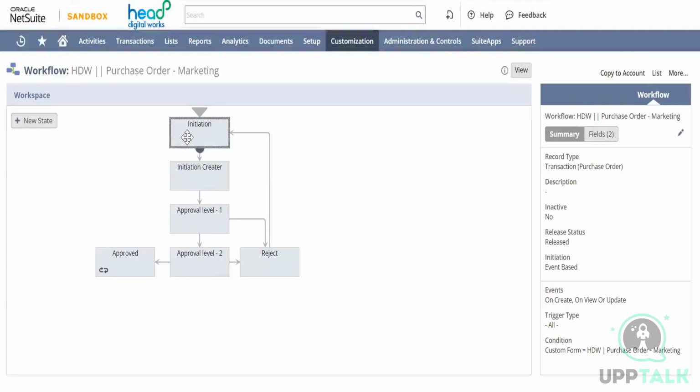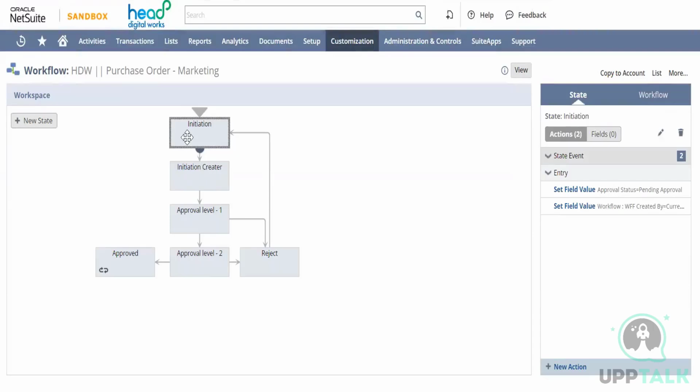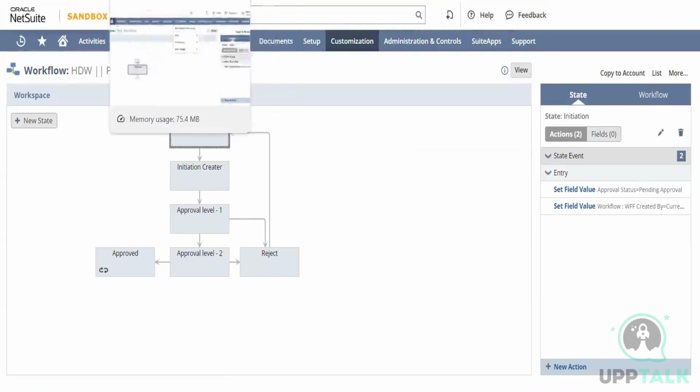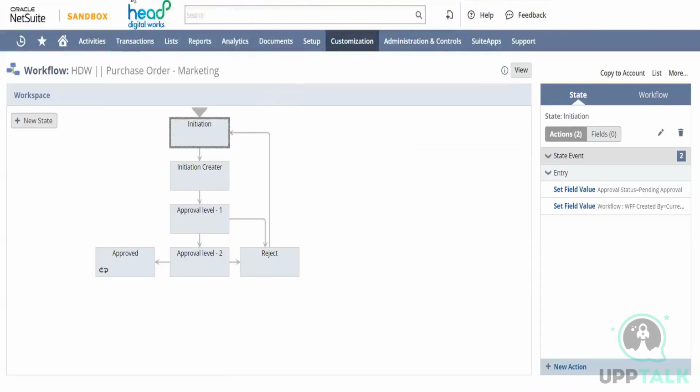So first stage is the initiation. So in this particular state, what we are doing? If you want to check the actions, set field value, approval status is pending approval. So if I go to the purchase order here,